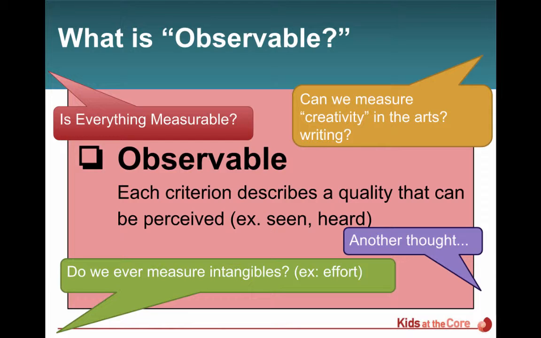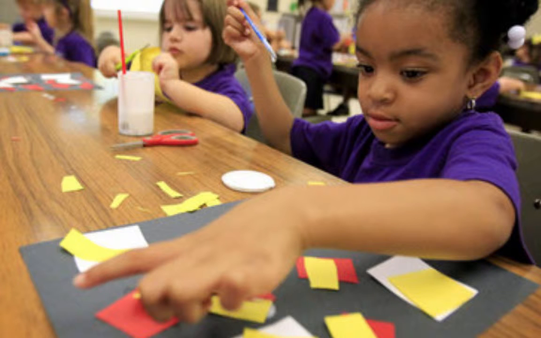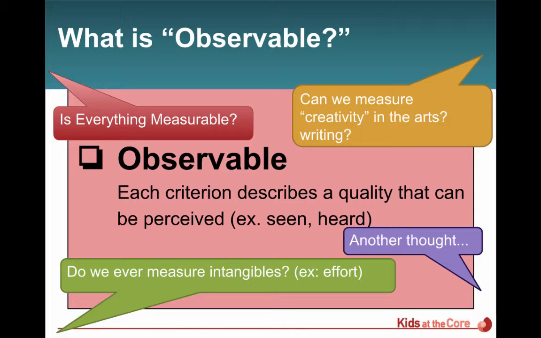Are there things that we tend to measure that are not observable, like, for example, effort, or other intangibles that we measure? Can we measure creativity? A lot of times we'll see creativity written on a rubric. We need to have some serious conversations about what really is observable. So if you're watching this video with a group, this is a great time to pause the video and have a little conversation about measuring things that are observable. And is everything we measure